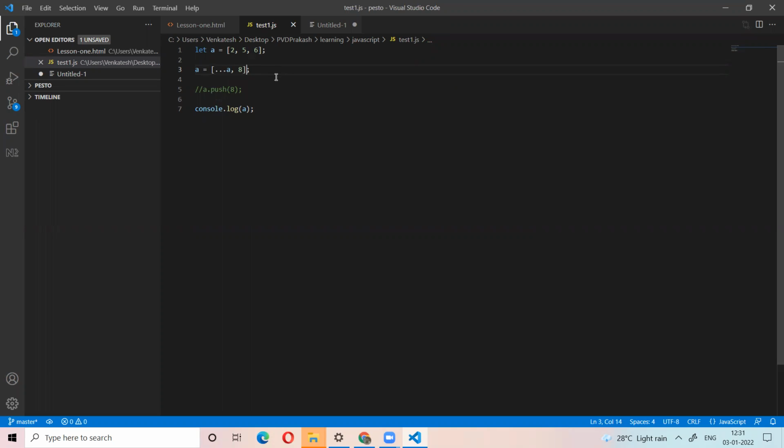This type of functionality is mostly useful in React because they have the data. If you want to update the data, they use this rest operator. That means it is resetting the array, adding the new value.